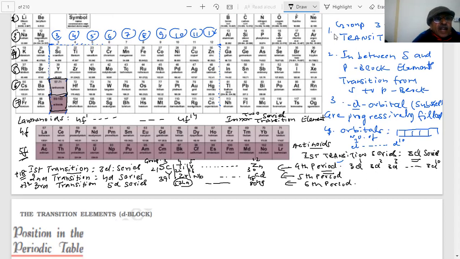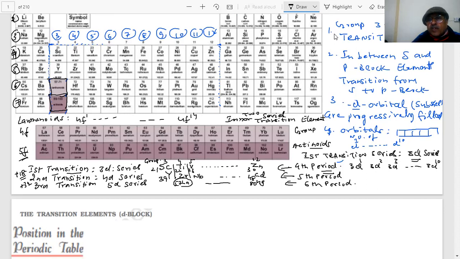Lanthanum has been kept in the f block elements. It is not actually an f element, but its properties resemble the lanthanides a lot. And 14 elements plus La. La is 57, lanthanum. The first f block element, the first lanthanide where the electrons are entering into 4f, is cerium. But this whole series is called lanthanides because the properties of these elements are quite similar. So they belong to which group? Both belong to group 3.